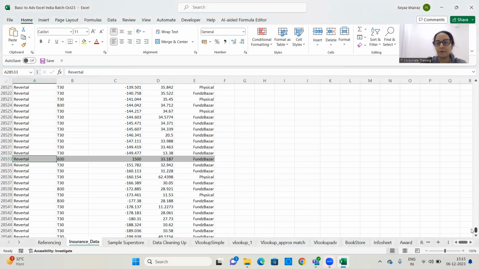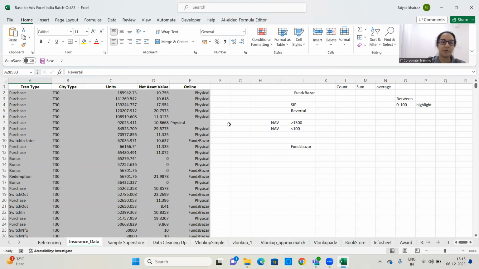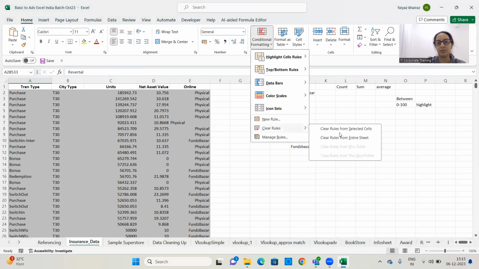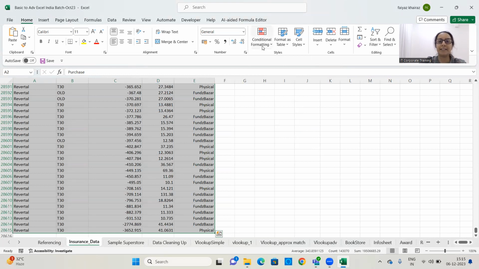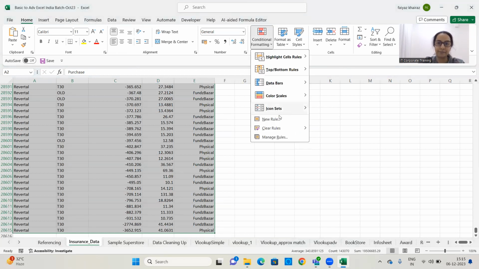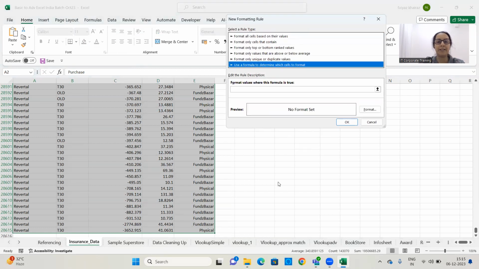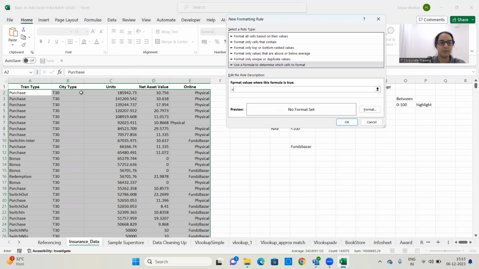Okay, great. Now let me try one more rule of conditional formatting, and this time I'm going to apply it on the city type column. First, I'll go and clear the rules from the entire sheet. Then I'm going to select the data, Control Shift Side, Control Shift Down. After selecting the data, I'll go to Conditional Formatting. New rule, use formula to determine which cells to format. And here I'll write is equal to, go to the top here, click on city type, remove the $ sign from here,